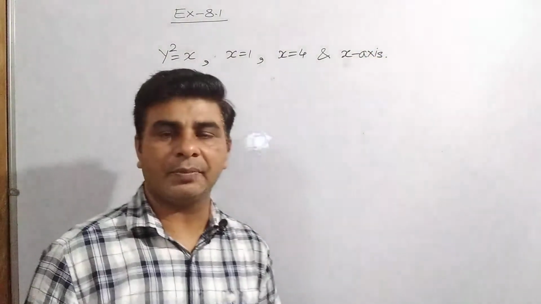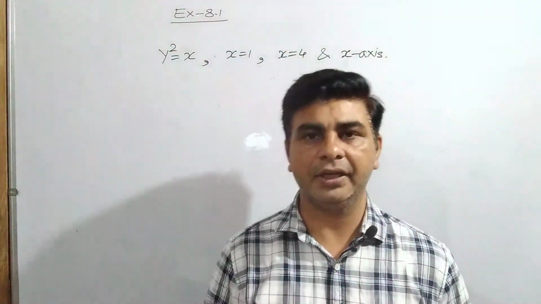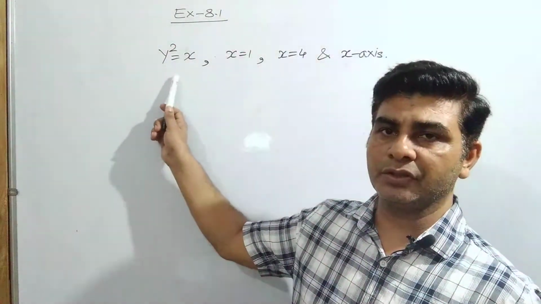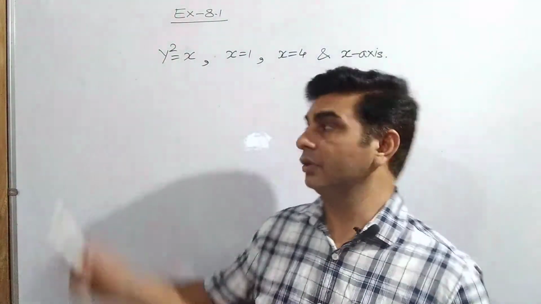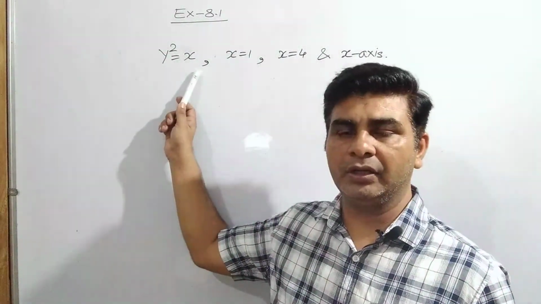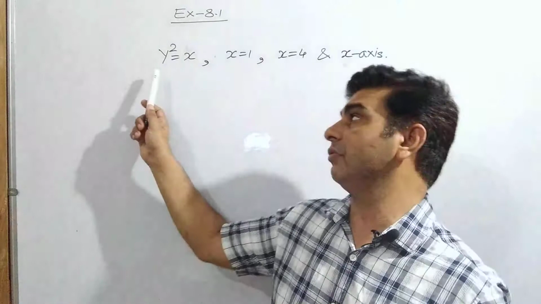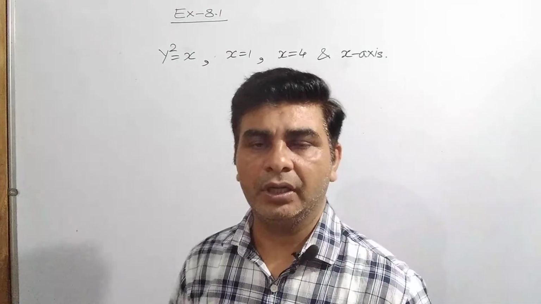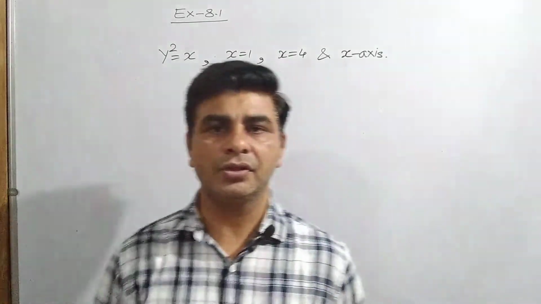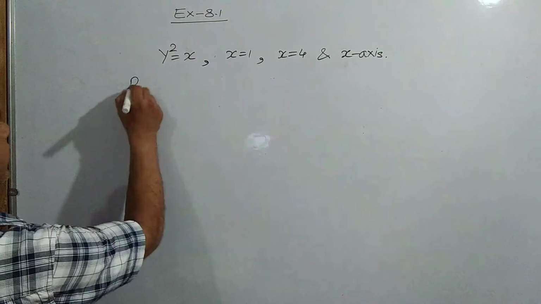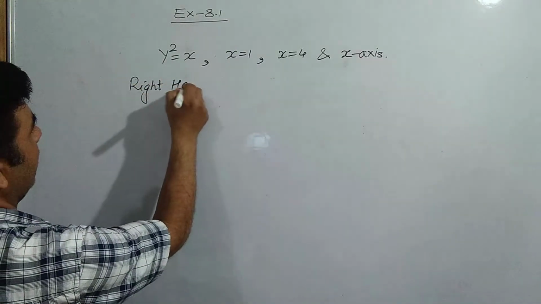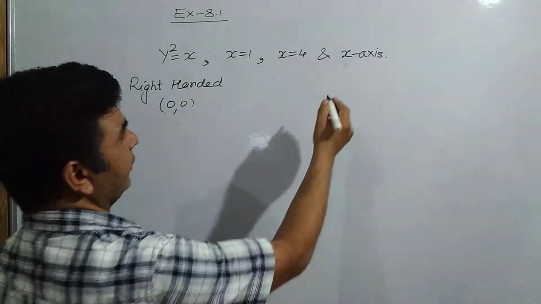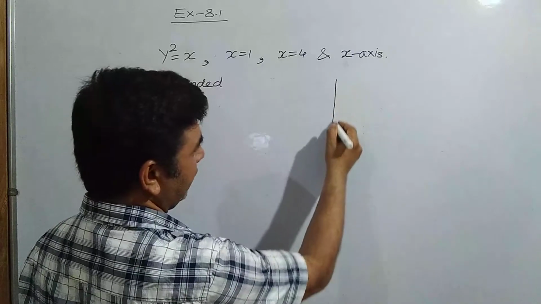मैंने आपको भी बताया कि सबसे पहले हम क्या करेंगे, कर्व को आइडेंटिफाई करेंगे, which type of curve is this one. So dear students, yesterday I told you the equations of your parabolas. This is the equation of a parabola, which is the right handed parabola. This is y square is equal to 4ax type, which is the right handed parabola whose vertex is 0, 0. So this is your right handed parabola having vertex 0, 0.